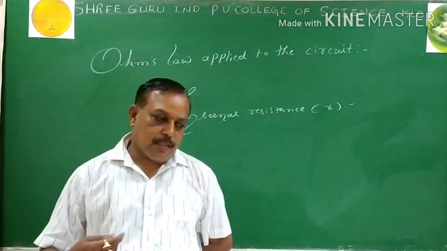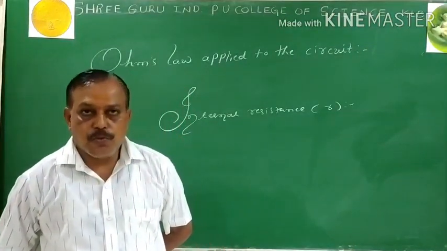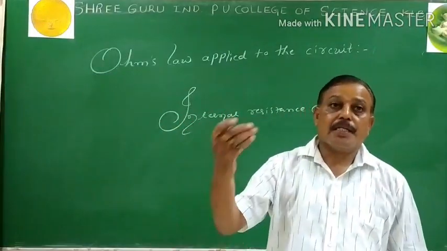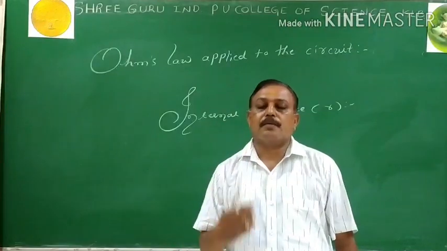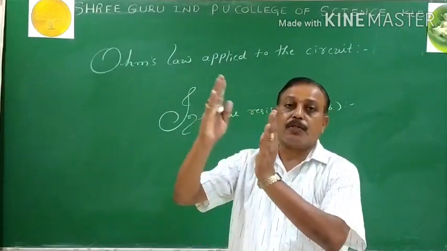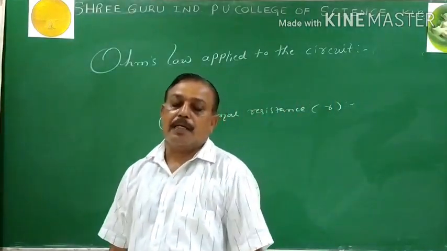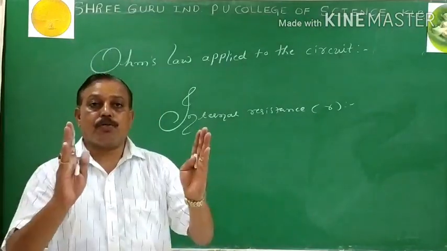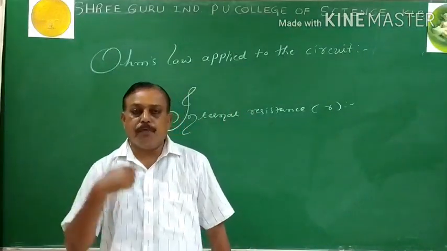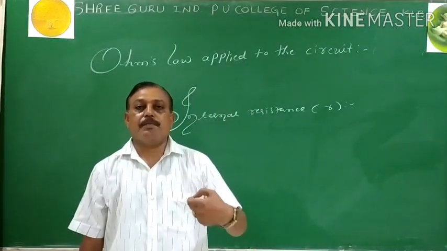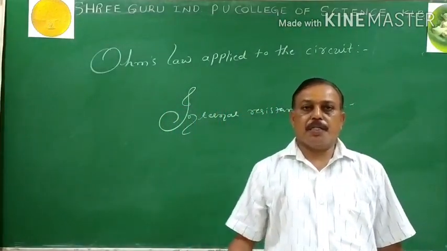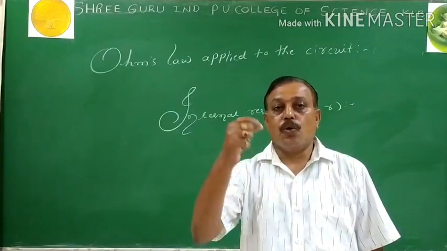So again, the same factors. The internal resistance depends on the nature of the electrodes used for the construction of the cell, and the nature of the electrolyte solution. The internal resistance depends on the extent of the area of the electrode in contact with the electrolyte solution. It also depends on the separation distance between the electrodes. And the fifth one, the internal resistance of the cell depends on electric polarization. As the strength of the polarization increases, the internal resistance also increases.